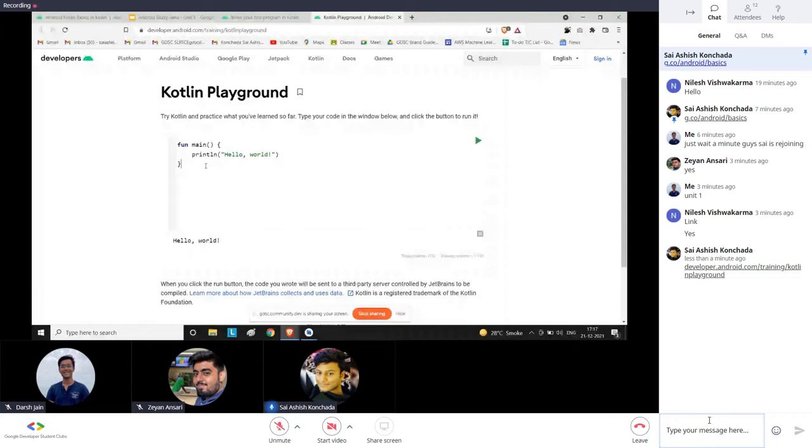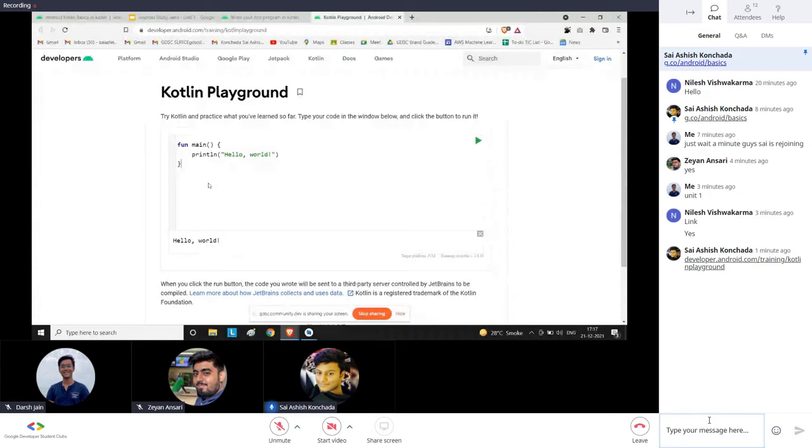These are the parentheses in which we write all the statements that need to be executed within a function. This is the println statement, where whatever we use to print will come on the screen. Ln means new line, so after hello world, if you write anything, it will come on a new line. We use double inverted commas so that whatever is written within them will be displayed exactly as it is on the screen. If you're familiar with any other programming language, this will be a very easy exercise.